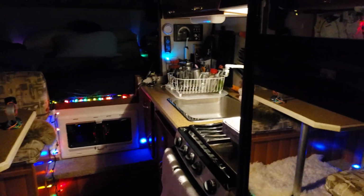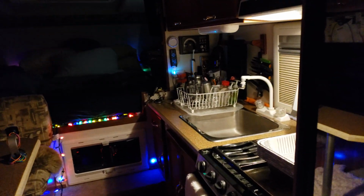So let's walk back in and finish the tour, guys. I just turned the oven on as well. And I'll show you the inverter and the solar charge controller, the MPPT from Victron, or whatever they're called. Right here's the monitor, and the Victron, yeah, BMV. Batteries are at